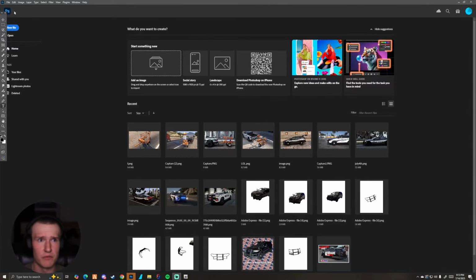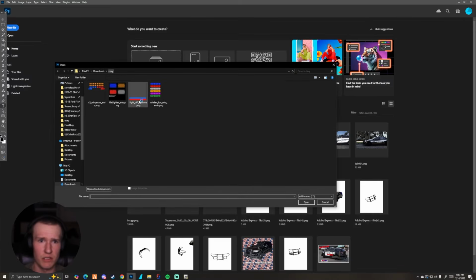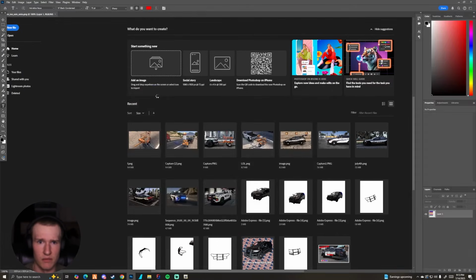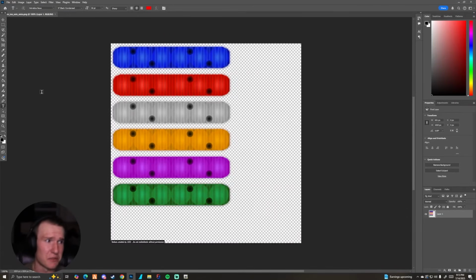All right, guys, we are in Photoshop, and I'm only going to show you guys one of these textures because there's no need to show the repeated process. If you know how to edit textures, you don't really need to even watch this. But all we're going to do simply is take this tool, which I believe is the marquee selection tool, and select our blue